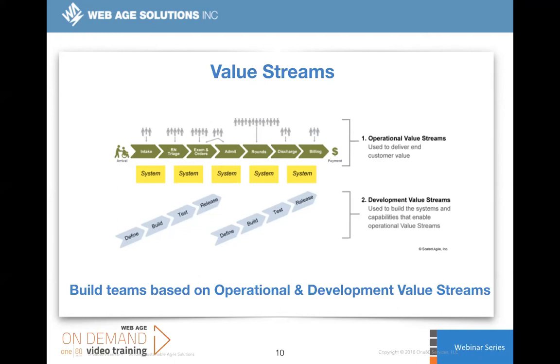Being able to make these things more efficient and more effective can definitely make things better and cheaper, and you can increase customer value. Then, by identifying your development processes across there, you can determine who is needed to support those value streams. So this is a technique that I always recommend that organizations go from when they need to identify who should